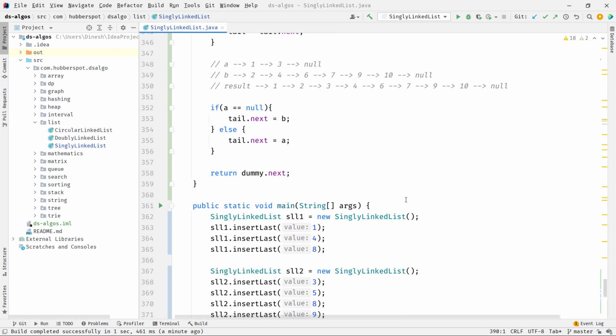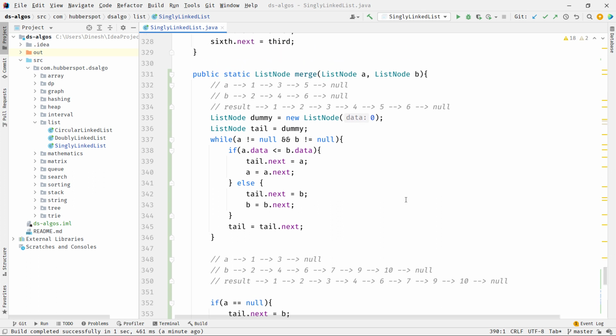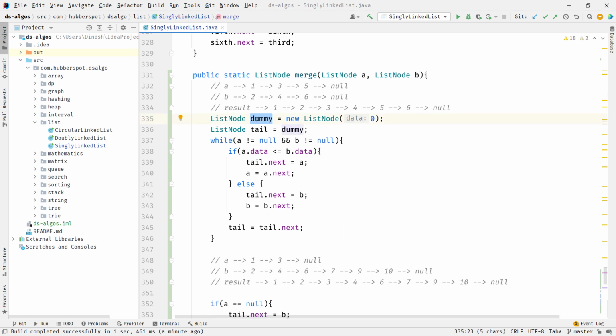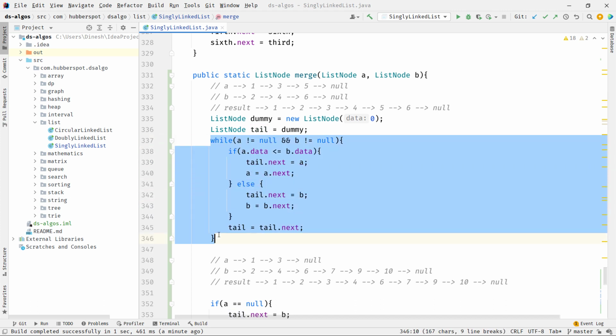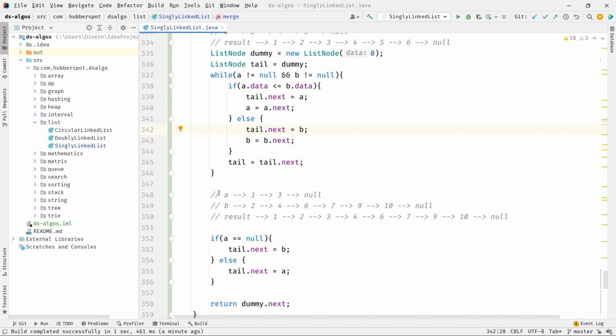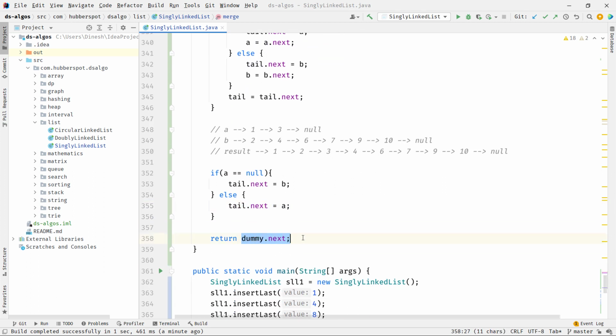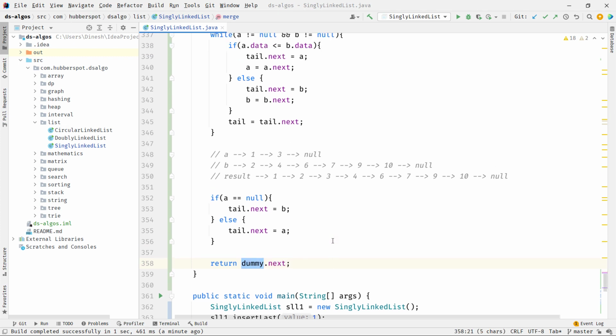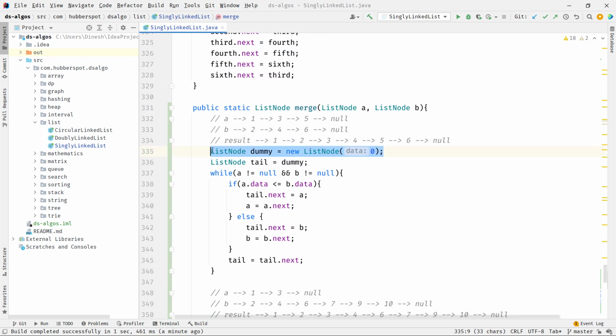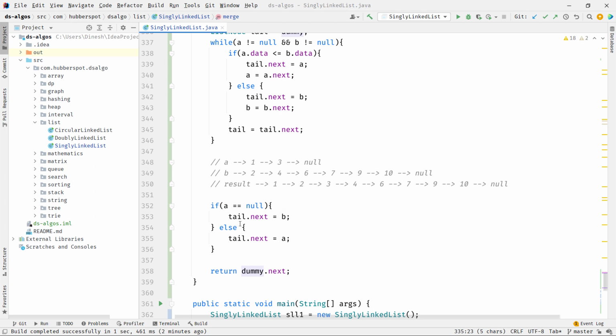So friends, this was all about how we can merge two sorted singly linked lists. Here we have used the idea of dummy pointers which we have discussed in greater detail in our previous video, and using a tail we are adding one node in this while loop after comparing A's data and B's data, and at the end if any of the lists got exhausted, we are simply appending the other list to tail's next, and at the end we are returning dummy.next because this dummy we actually created to get a concrete object, and all the nodes were added just after the dummy node. So at the end we simply return dummy's next.